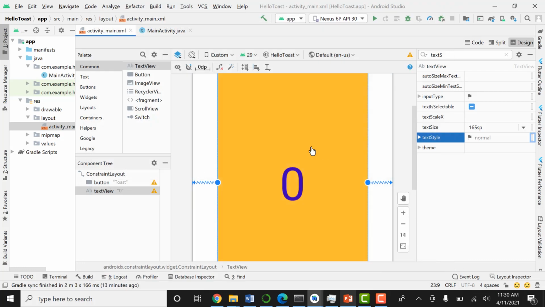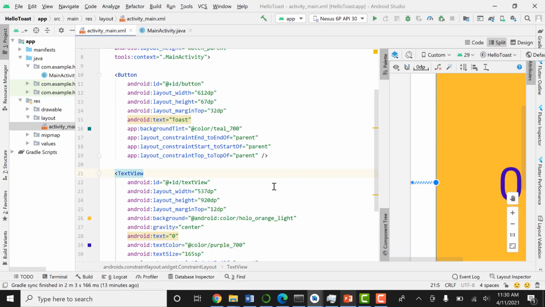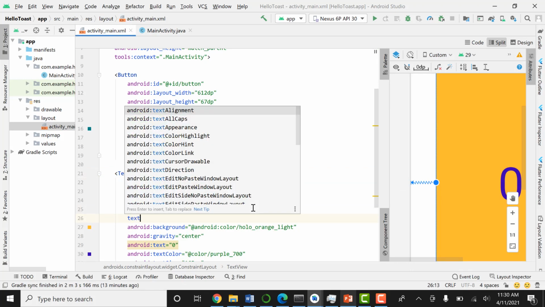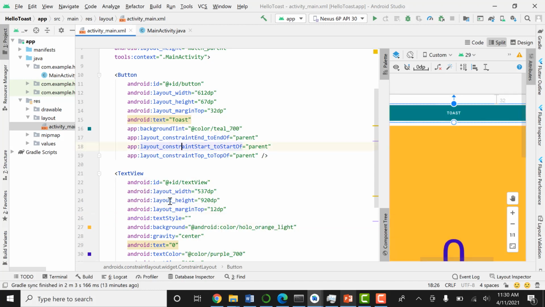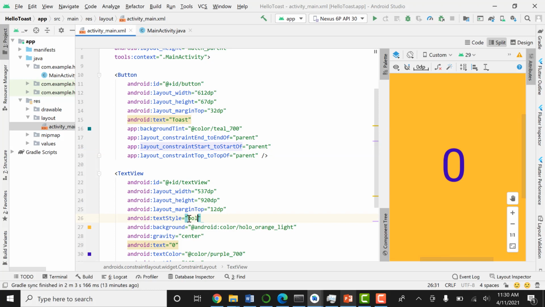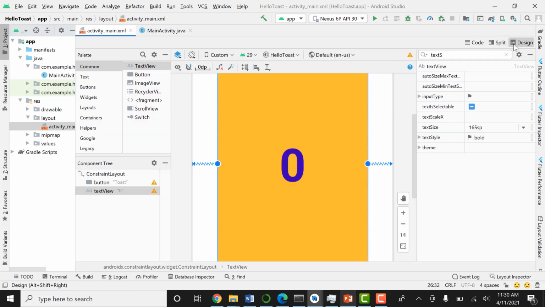Okay, I'm going to go to the split file, and here I can just simply write text style, and this text style is bold. Okay, I think we are done with this